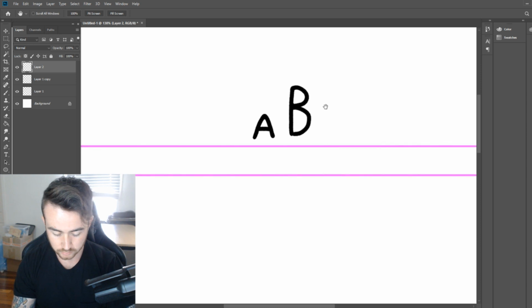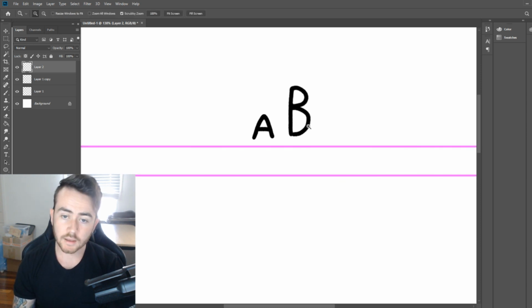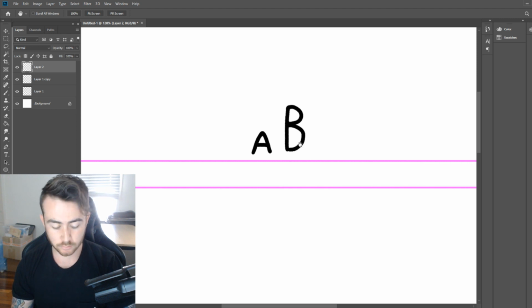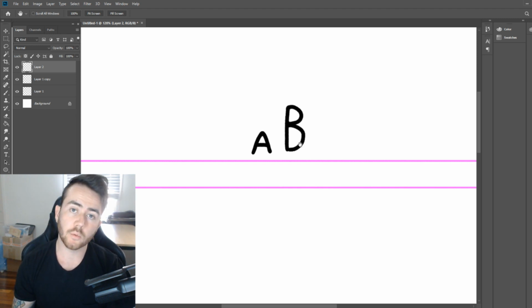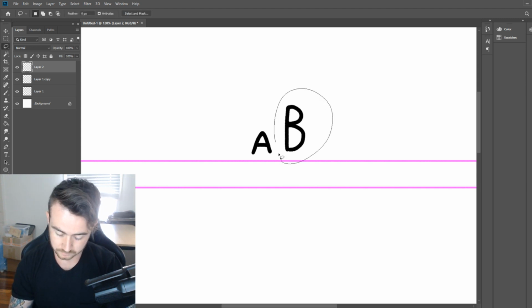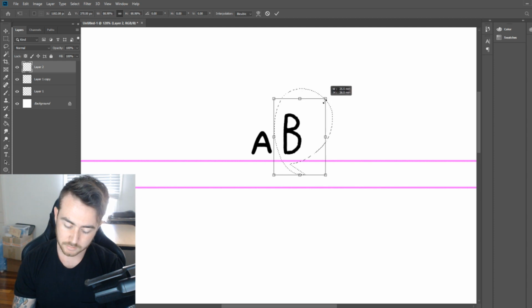So if you take a look real quick, I've drawn an A and a B here. The B is way bigger than the A, which is stupid. And the reason for that is when I go and make the font, I want all my letters to be the same size, right? So it's going to scale them all down. So if I scale this letter B down to match the A,